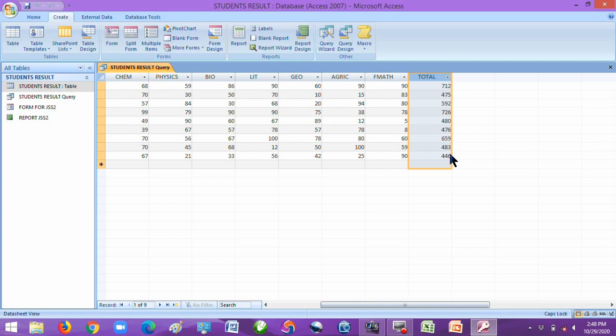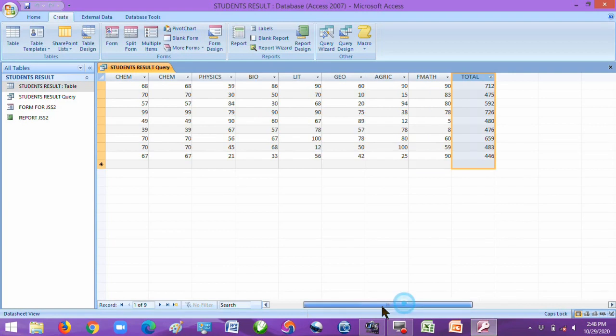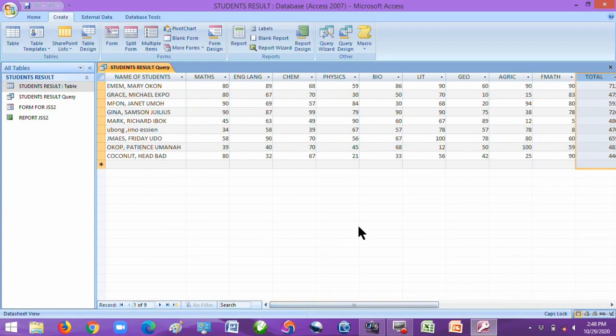With query now, you query those fields you want to use, select those ones you want to use, leave out those that you don't want to use, and that is query. And that is how you can perform query. So irrespective of how complicated the table appears to be, but now you need only, let's say, only 5 fields to appear as a table. Then you have to use query and perform that.